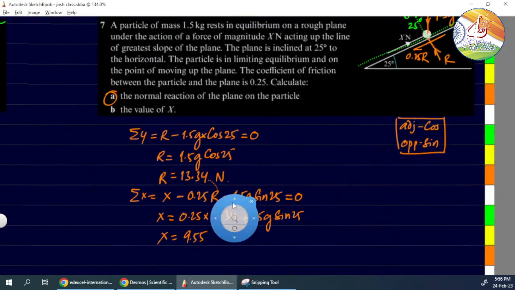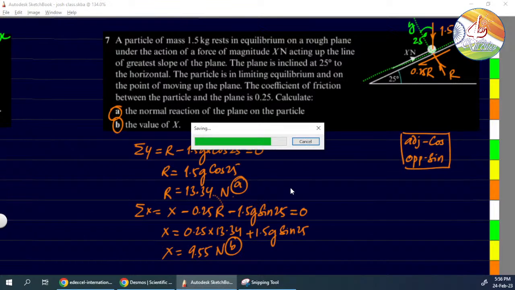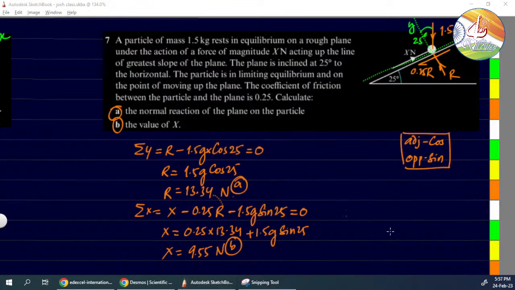Any doubts here? No, sir. The x value we found, so the B part is also found. The A part answer is here, the B part answer is here. Next,